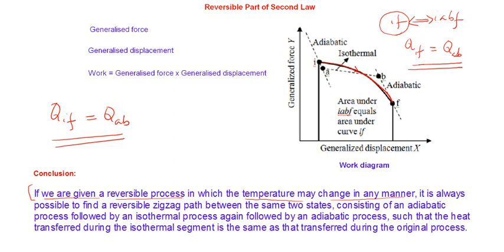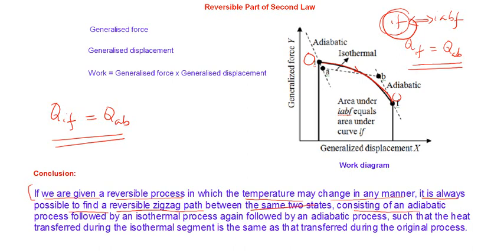Whatever way the temperature changes in the process, whatever be the curve, it's always possible to find a reversible zigzag path equivalent to any IF path, just drawing an equivalent reversible zigzag path between the same two states I and F,